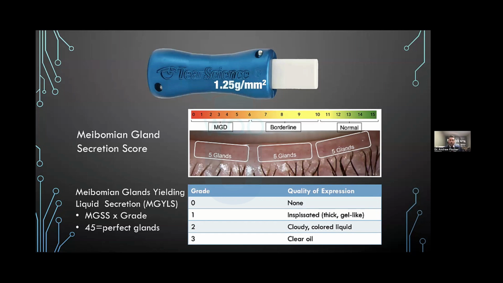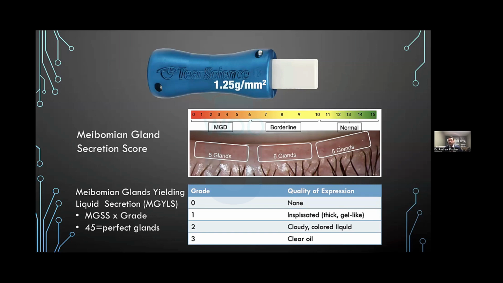I simplify it a little bit. If I had a technician or a scribe, it would be easier to remember all these numbers and document at the end. But I tend to just grade the glands that are grade 2 or 3 as far as quality, and then the total number of glands per section. For instance, in my documentation for a bottom right lid, I might have 3, 3, 3, which would mean there are 3 glands in the nasal, central, and temporal sections that are all either grade 2 or grade 3 quality, because those are the quality scores I'm really looking for that express out and coat the eye with the meibum. As far as total number of glands, meibomian gland dysfunction is 6 glands or below.